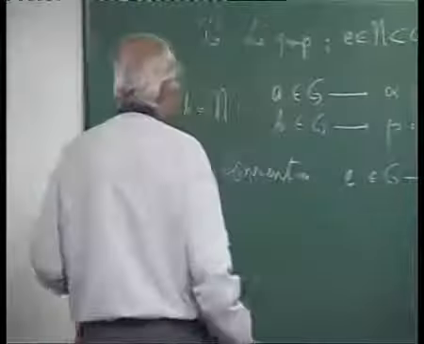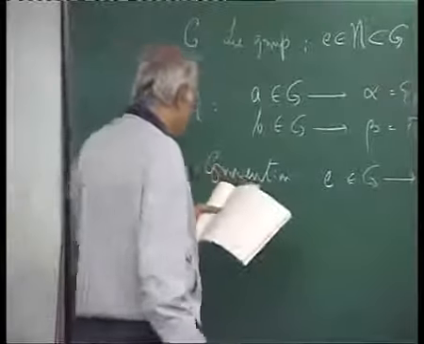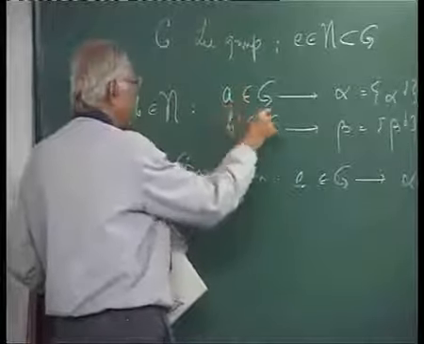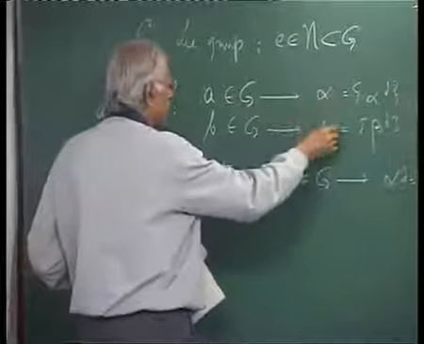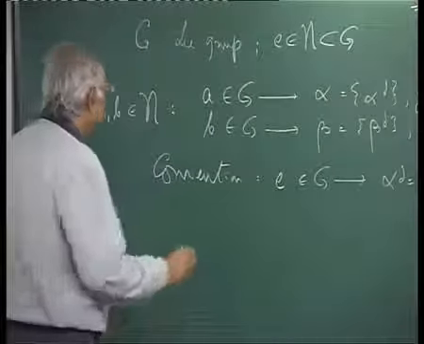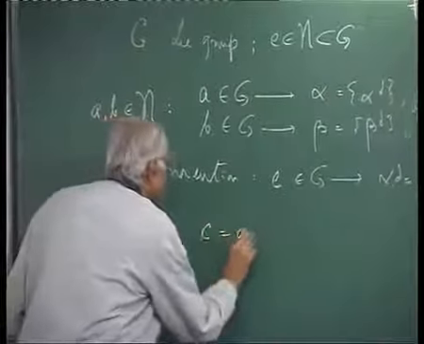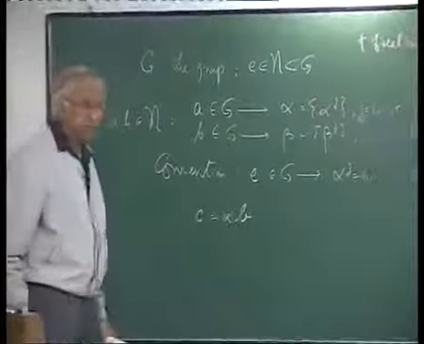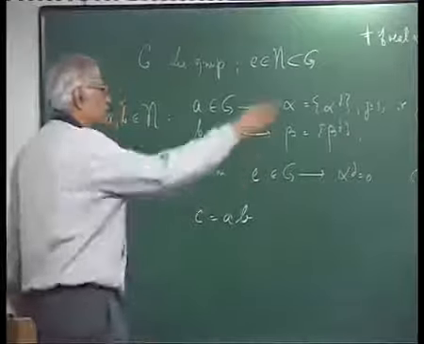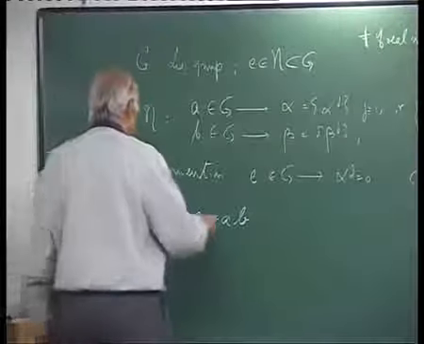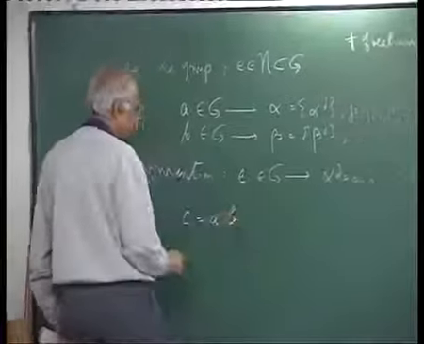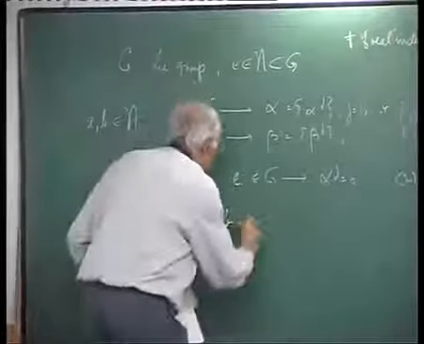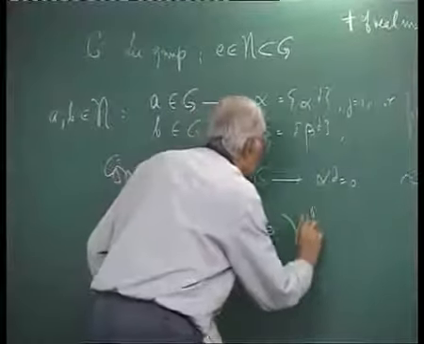Now let us come to serious stuff. You take an element little a, element little b. A has coordinates alpha, B has coordinates beta. The group tells you there is a procedure to compose the elements A and B and to produce a third element C. The coordinate distribution tells you if A has coordinates alpha and B has coordinates beta, their product must have some coordinates which we will call gamma. So what does it mean? It means that